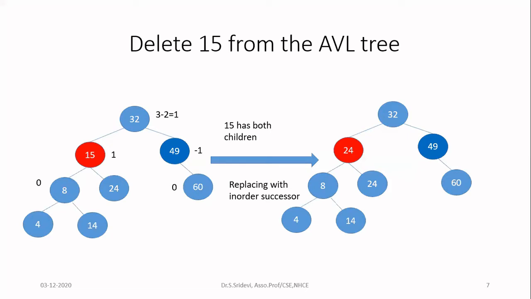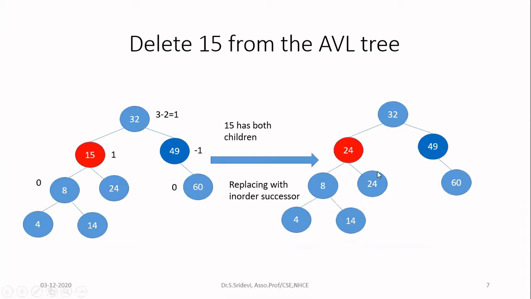So now I am going to replace this 15 with the in-order successor. So what is the in-order successor? I have to search in the right subtree. The right subtree has only one value, so no need for any comparison, you just select that value. So now you replace this 15 with this in-order successor. Now instead of 15, I am writing 24. Now you can see 24 is appearing 2 times in this particular subtree, but you will have only 1 time in the binary search tree.